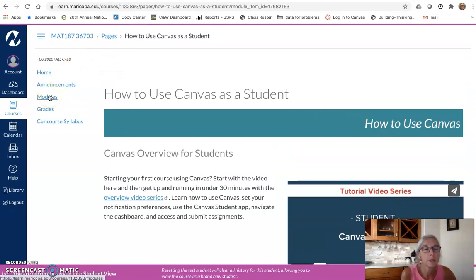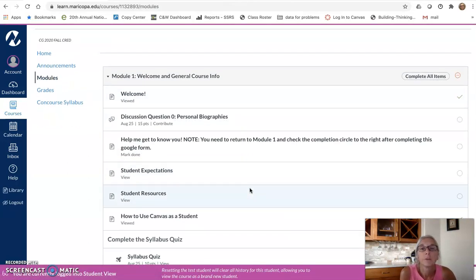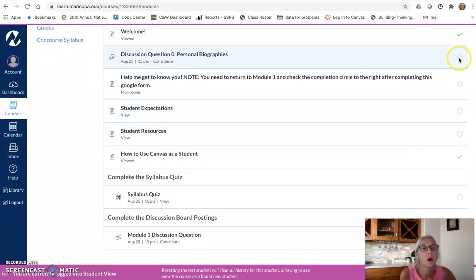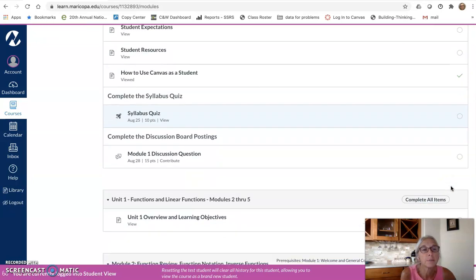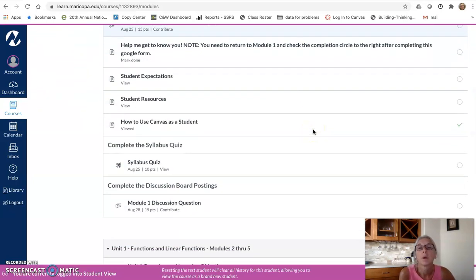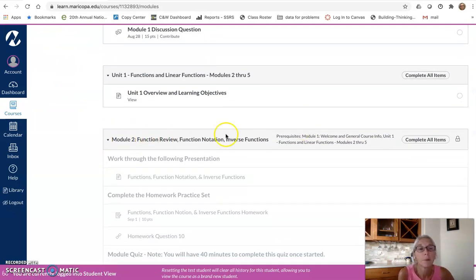See, every time I'm done looking at a page, I go back to modules. And if you'll notice, every time I look at a page, I get this little check mark over here. That's important because all of these items need to be checked in order for me to complete the module. Once the module is completed, the next module will unlock.